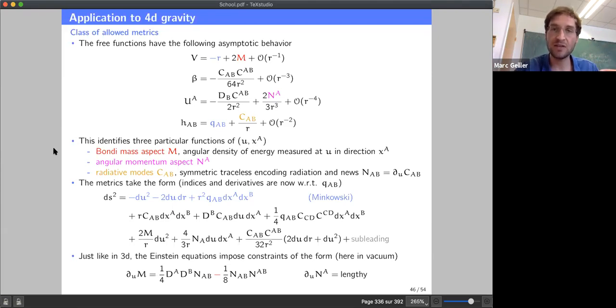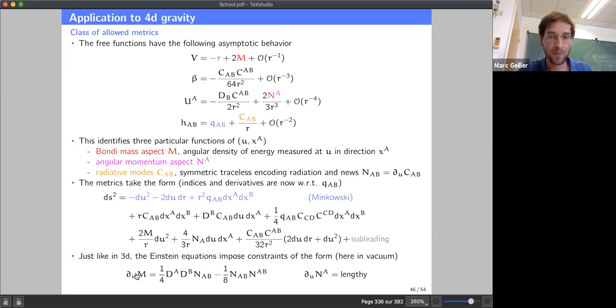In 3 dimensions, these constraints related the u derivatives of M and N, of the Bondi mass aspect and of the angular momentum aspect. Here, of course, we have a generalization of these evolution constraints. They take a more complicated form. The u derivative of M is given by this expression here, and the u derivative of N is a lengthy expression which I chose not to display here,